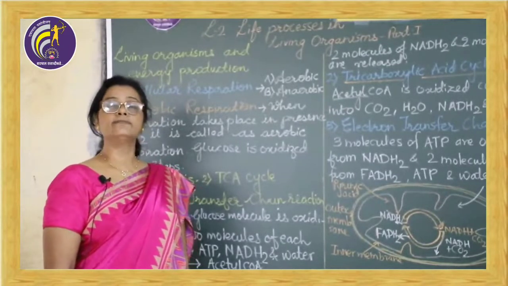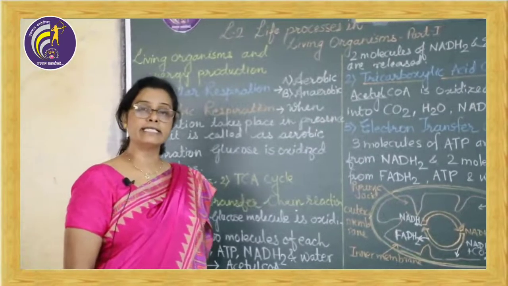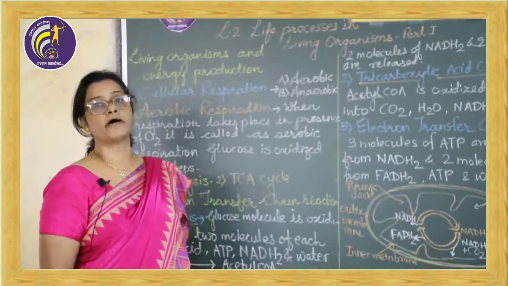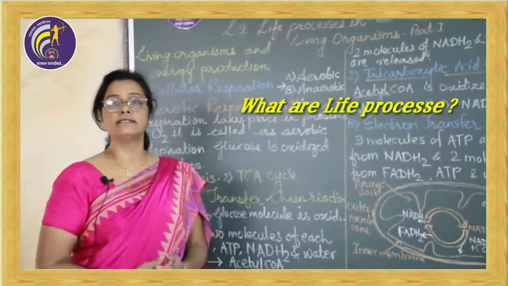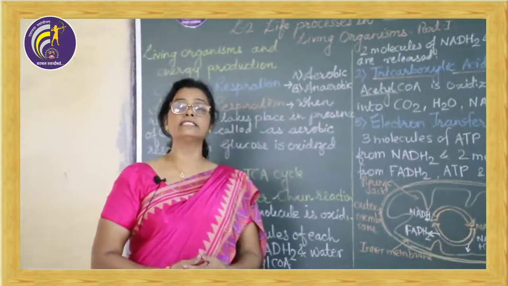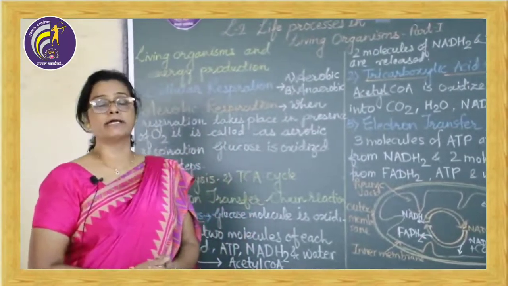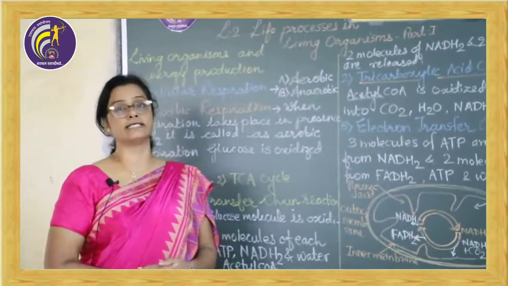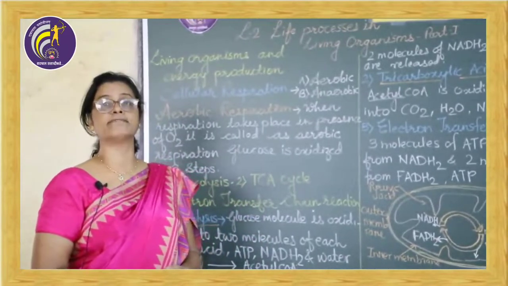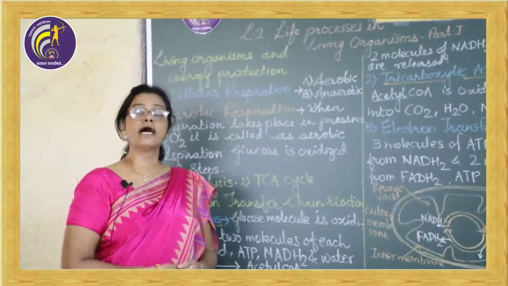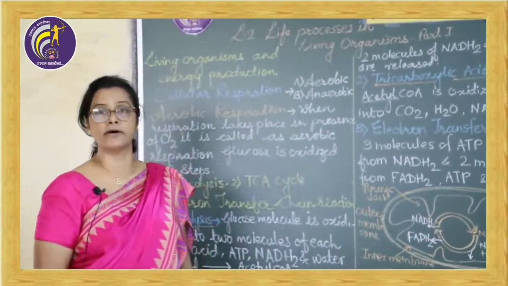Our energy requirement is fulfilled by these green plants called autotrophs, and this energy is useful for carrying out our life processes. What are life processes then? You all know that our body is made up of various organs and organ systems. In our body we have respiratory, circulatory, excretory, reproductive and many more systems. These systems work with the help of our internal as well as external organs,